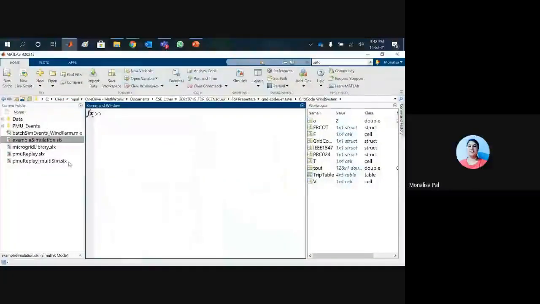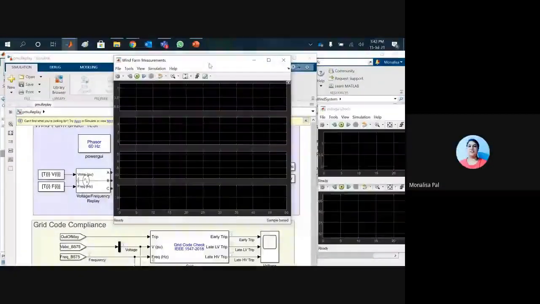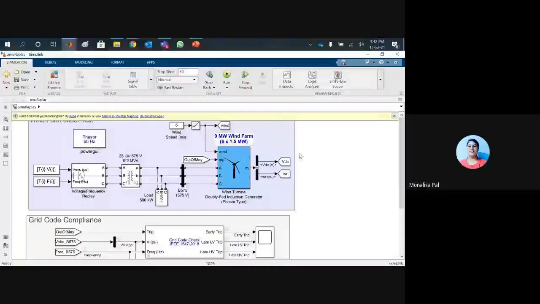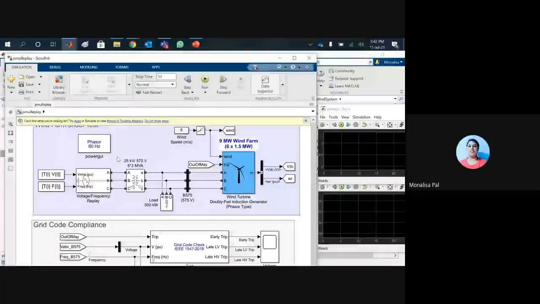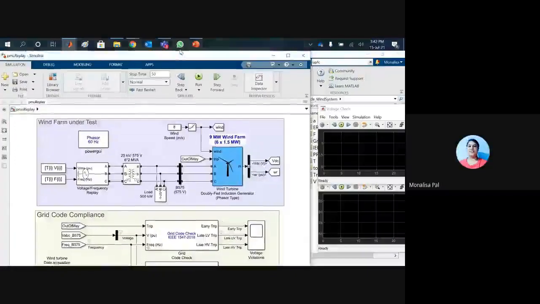So let me open right now the PMU Replay. You have seen the PMU data that I had previously analyzed. Different events were there. So in this particular model, what I did was, I have the wind turbine, the different speeds are there. I chose only event 4 from here, from the PMU data. It is connected to a replay block, then a transformer, different loads are connected, and at the bottom, if you notice,